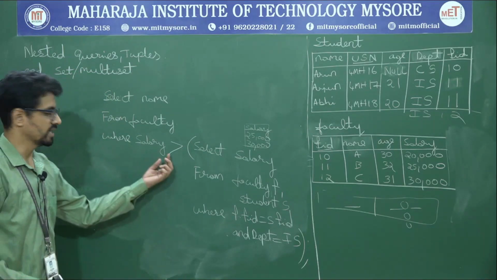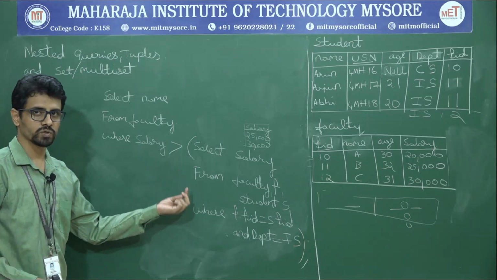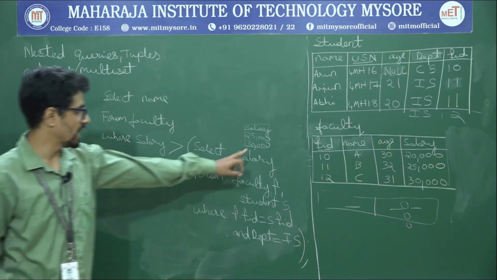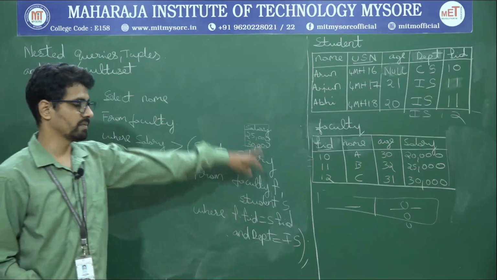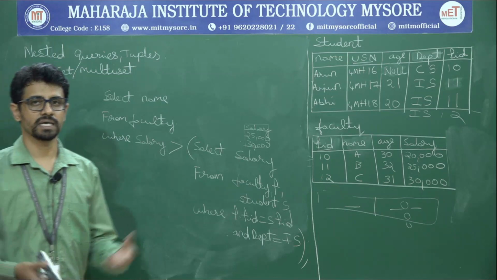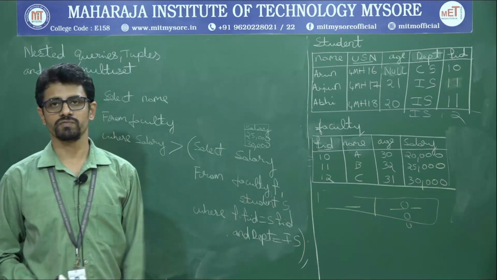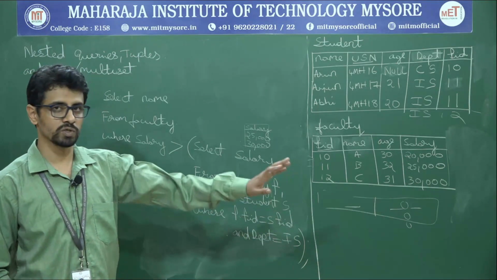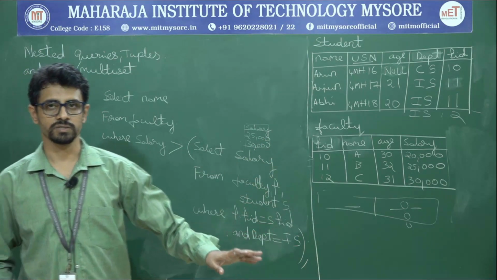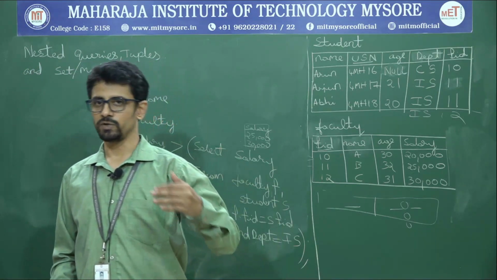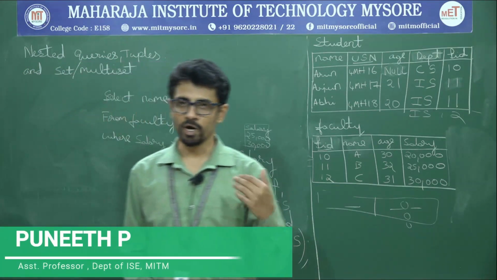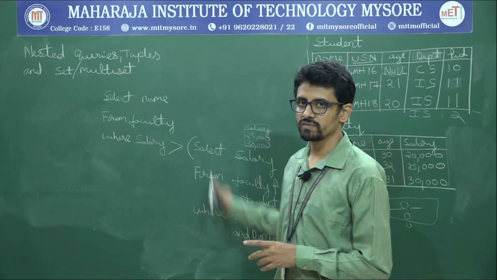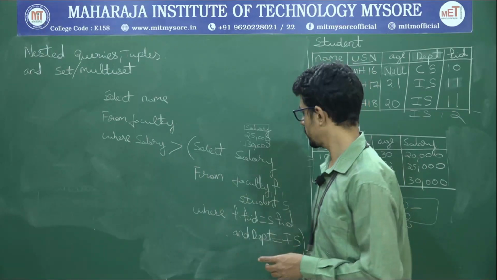You can use greater than, lesser than, greater than or equal to, lesser than or equal to, and you can use the equality operator when only one value is returned from the inner query, but here I have multiple values. This way you can apply conditions between multiple tables with the help of a nested query. We will see some more examples. Still, we need to know the group by, having, and order by clauses. We are done with select, from, and where. That's the simpler one. In the simpler one we have this nested query part.